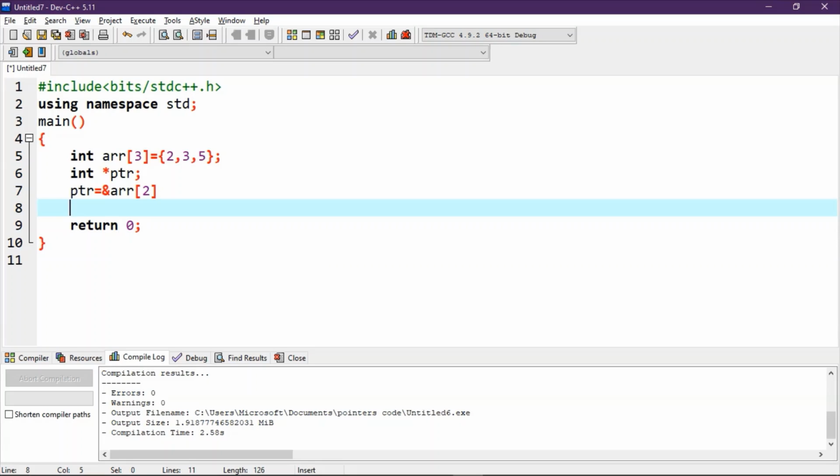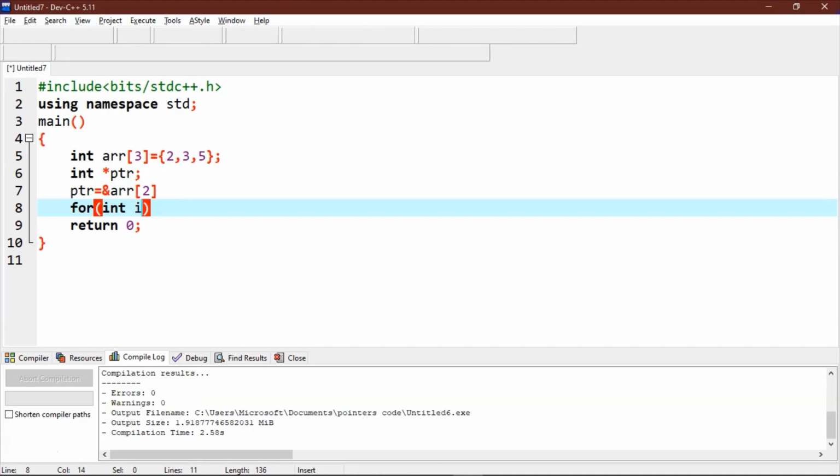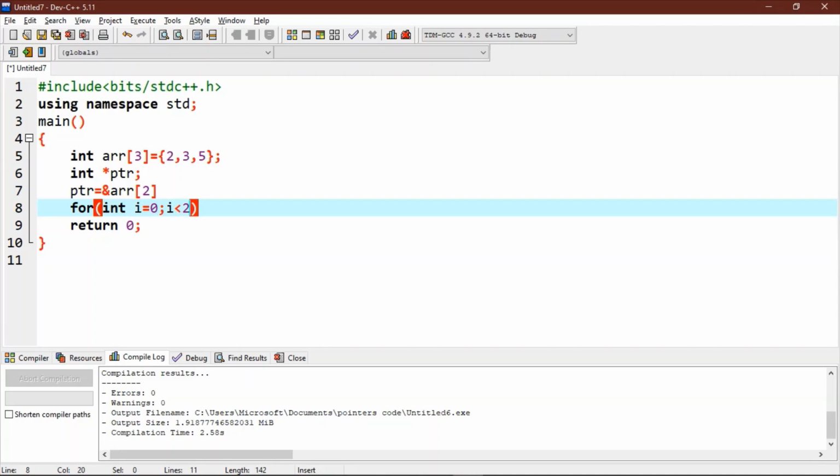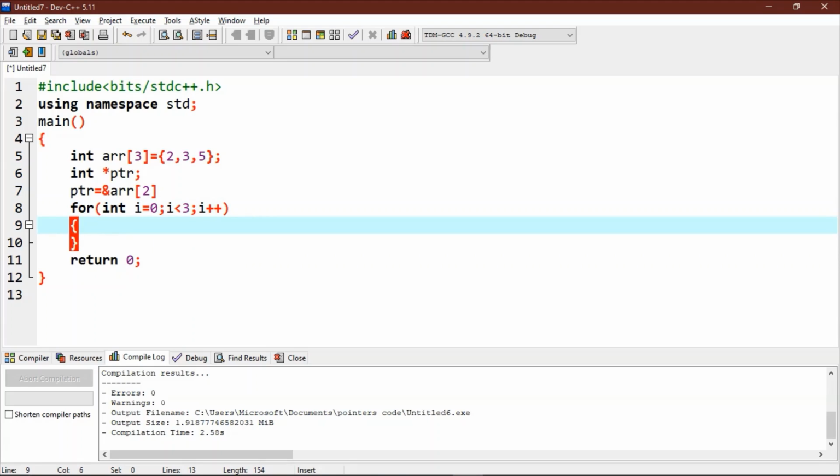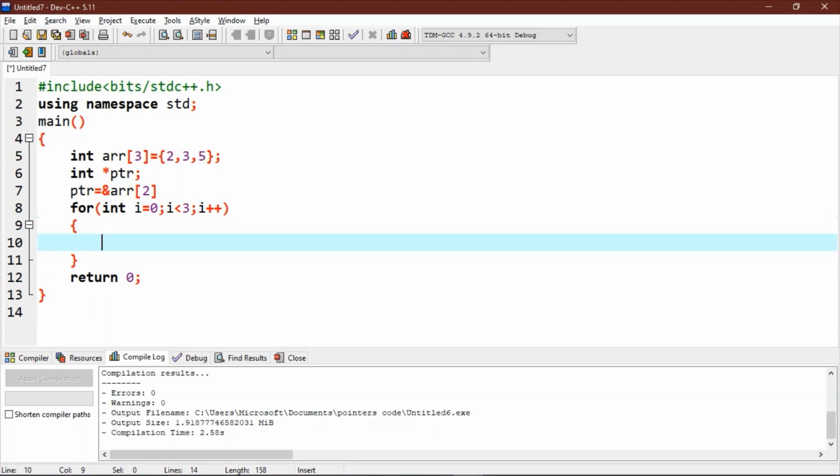Now let's write a for loop to traverse this array. In this for loop, we will decrement the pointer's value. Also, we will keep printing this pointer's value to traverse this array.